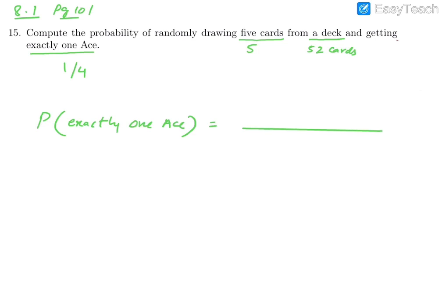So total outcomes will be out of 52 you are taking 5 cards. So this is total outcomes. Out of 5 cards, 1 is an ace. There are a total of 4 aces, so out of 4, 1 ace, multiply. How many cards are left? 52 minus 4 aces, so you will get 48. So out of the remaining 48, you need 4 more cards, because 1 you have already taken. Now 4 cards more you have to take, other than the ace, out of 48.